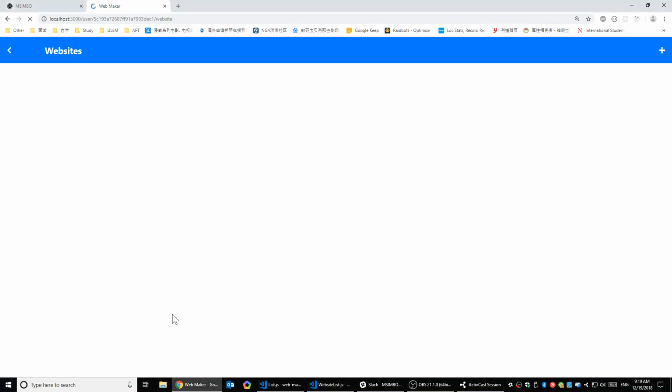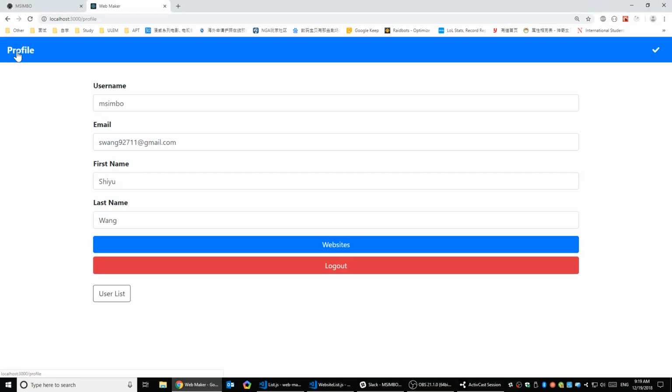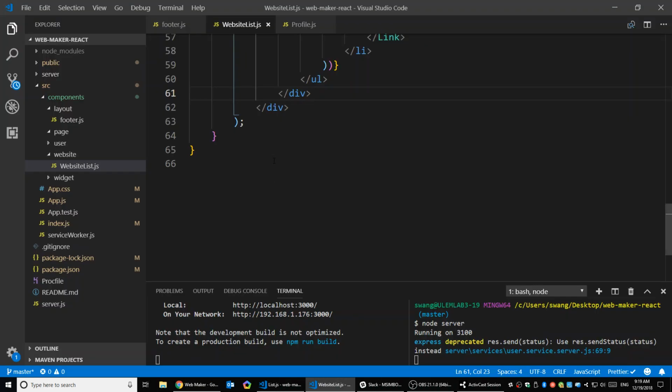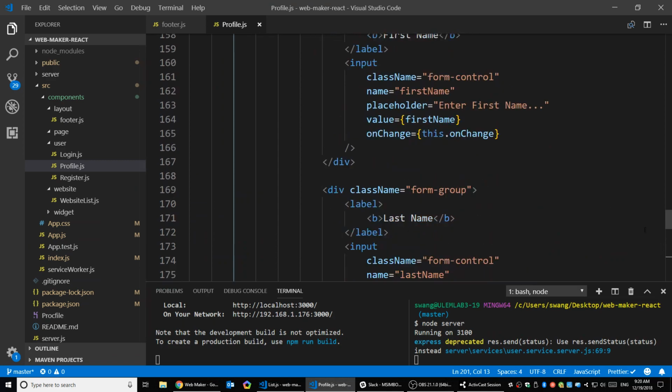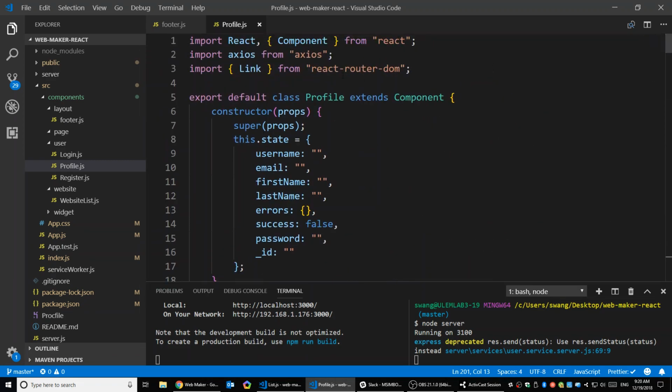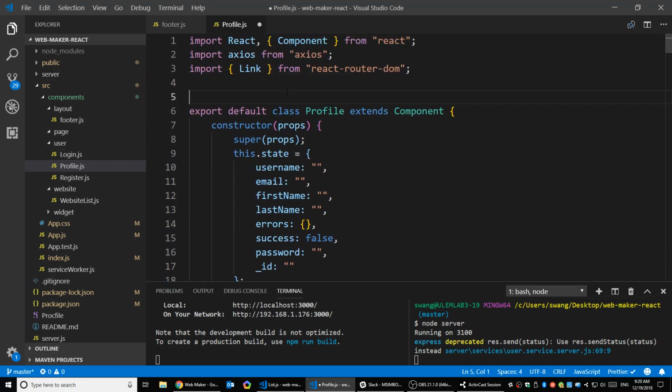Now there is no footer in my page. There's no footer in my website. There's no footer in my profile, right? So I can choose where to add that footer in my components. For example, if I want the footer in my profile page, I just need to import the footer component I just created, right? Import